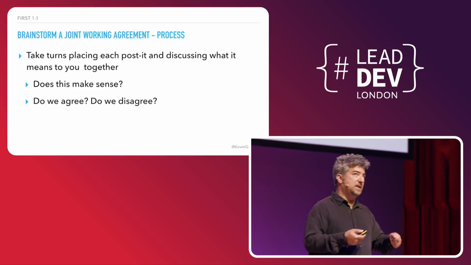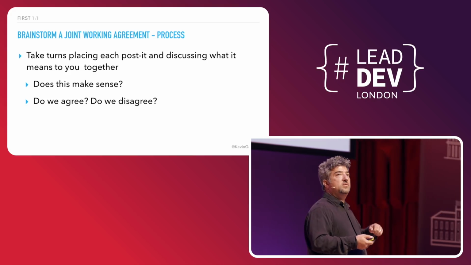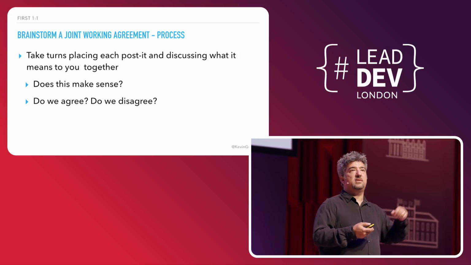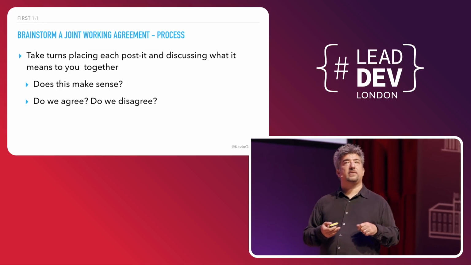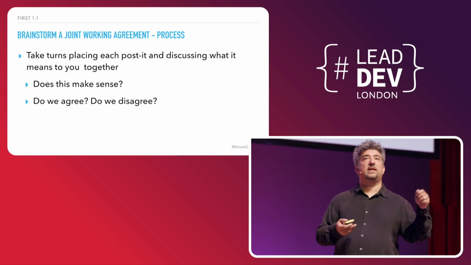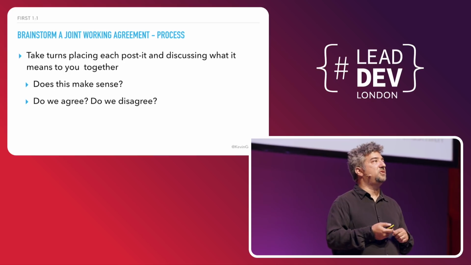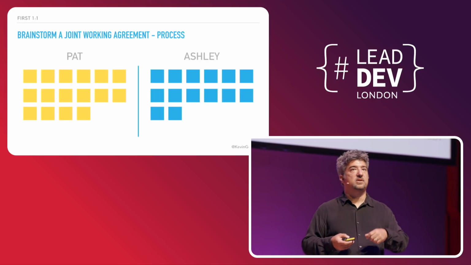And they may say, when they pick up a Post-it, I expect you to help mentor me to be a lead someday. You say, oh, well, it's good we had this conversation. So this is your expectation on me. I agree, I will help you do that. And then you place the Post-it where it belongs.